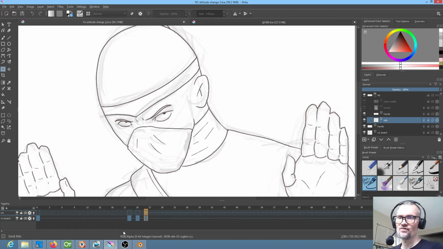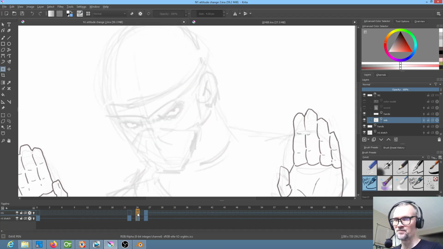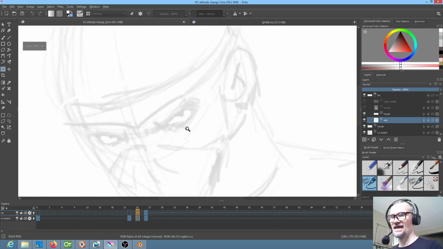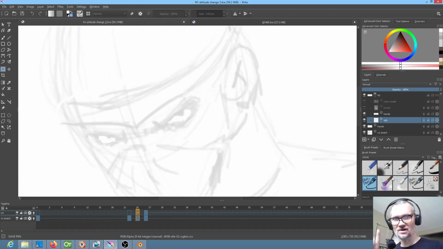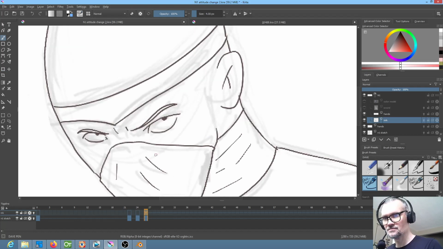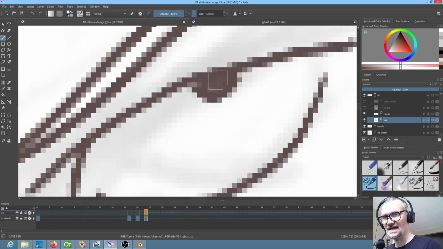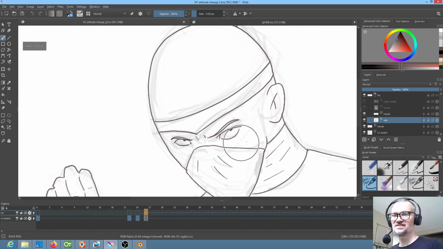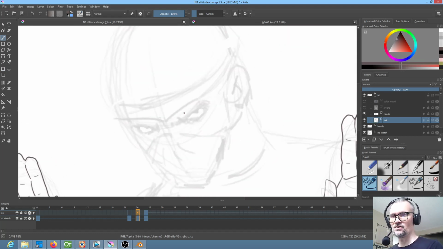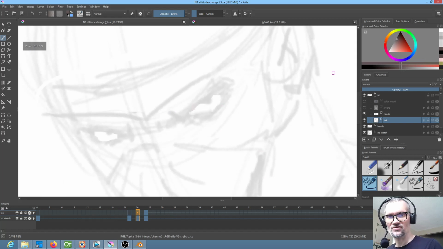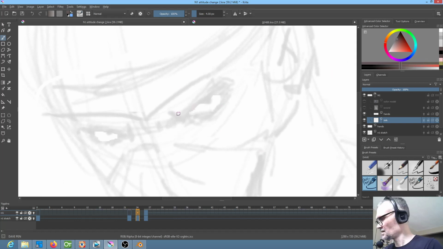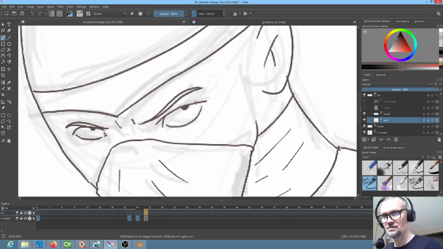I'm actually kind of regretting using the smoothing through here, but that's okay. Let's run with this. That's the last frame. So in other words, this is the pose he's going to settle on. So if it's a little more refined, that's probably a good thing. Right? However,